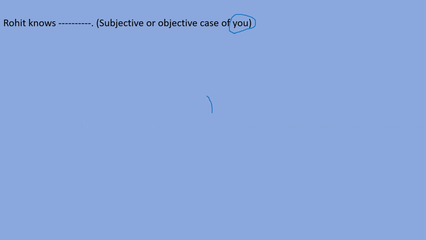Okay, I'll tell you the answer. So you have to fill in "you" here because "you" is both subjective case and objective case, and it is both singular and plural. So you can say, Rohit knows you. When you have to fill in the subjective case, you will fill the same word. You can say, you know Rohit. So in the objective case and in the subjective case, you have to fill the same word. Here, "you know Rohit" means a subjective case pronoun is needed, and we fill in "you" because the subjective and objective cases of "you" are the same word, right? So "you" will come here.